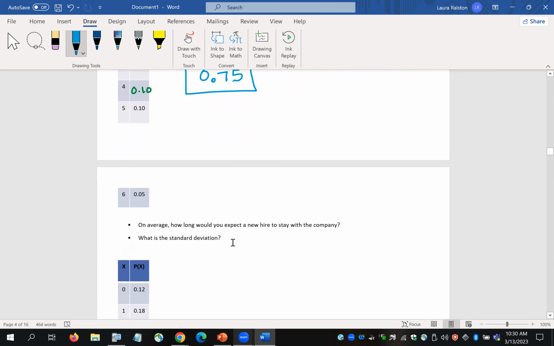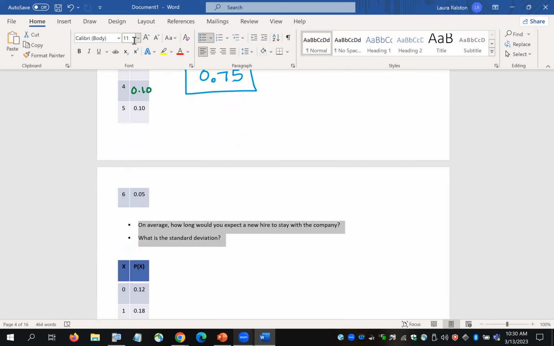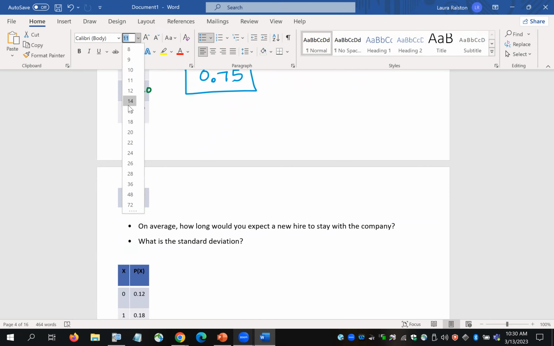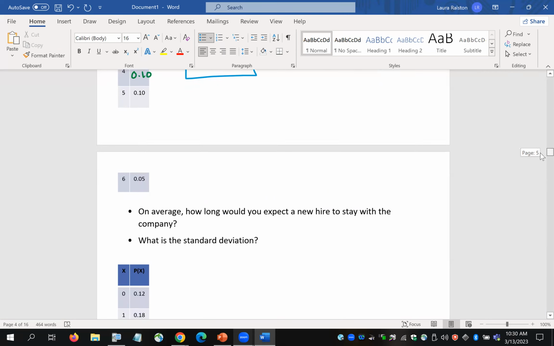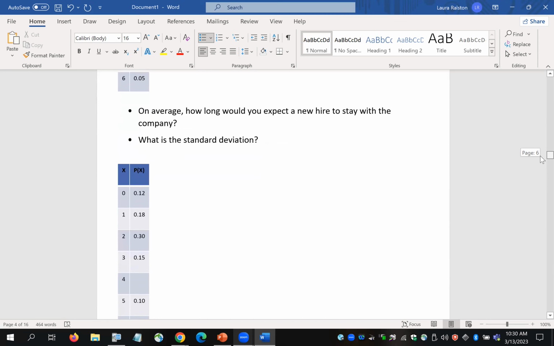Okay, then it says on average, make the words bigger. On average, how long would you expect a new hire to stay with the company? And then it asks, what is the standard deviation? And let me put in my 0.10. Okay, so maybe in a little